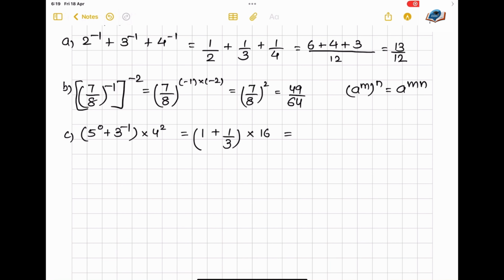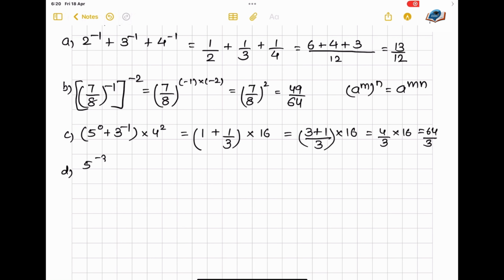So if I do LCM, so 3 plus 1 upon 3 into 16. So this will be 4 upon 3 into 16. 16 4s are 64 upon 3 will be my answer. Then D1 is